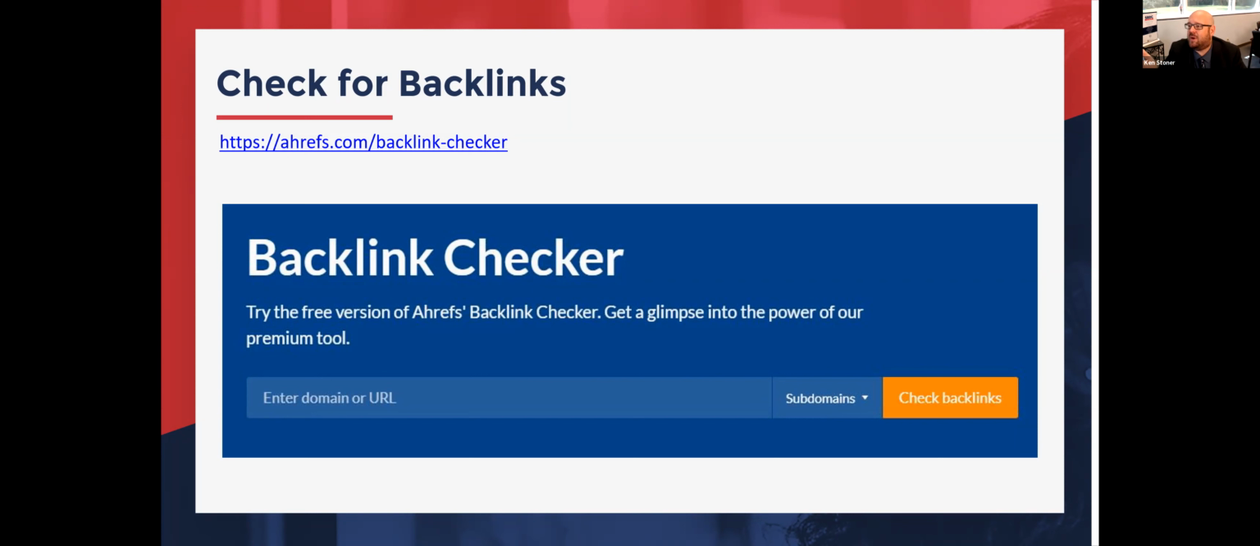Chances are, if you're a newer website, it's going to be more beneficial to you than it is to them. But nonetheless, backlinks from reliable websites are never a bad thing. So if they go to this link here, hrefs.com/backlink checker, put in their URL, it will show them